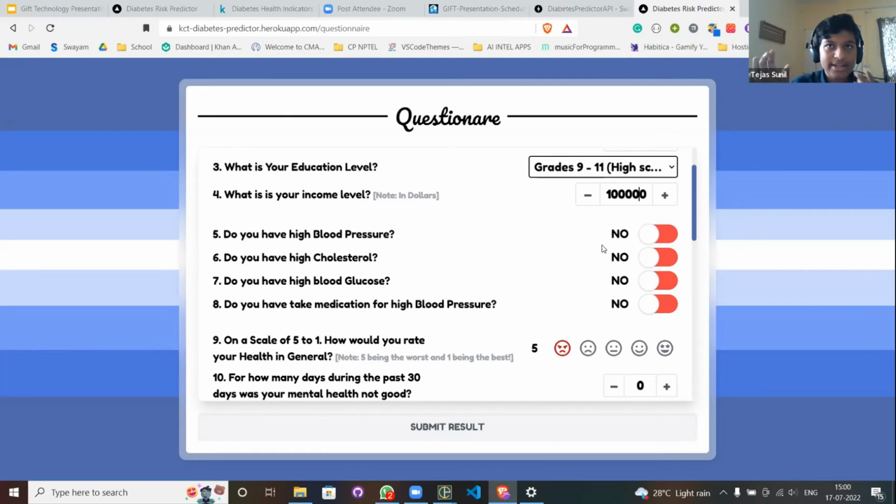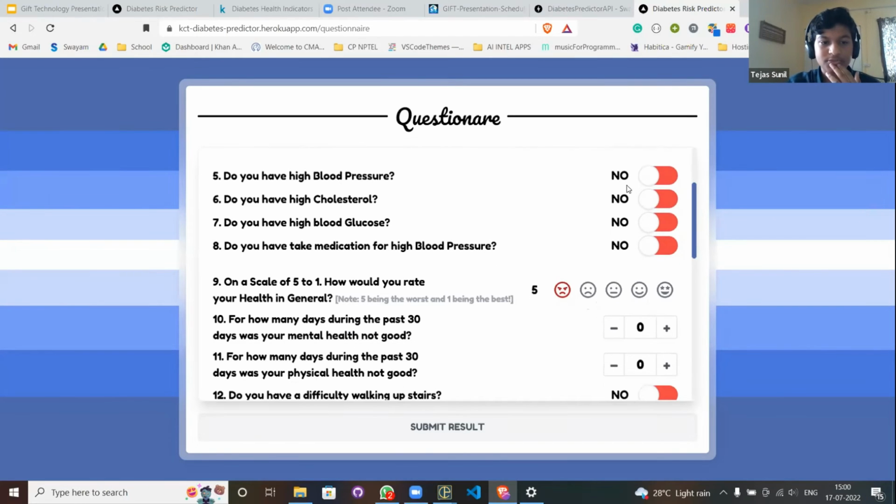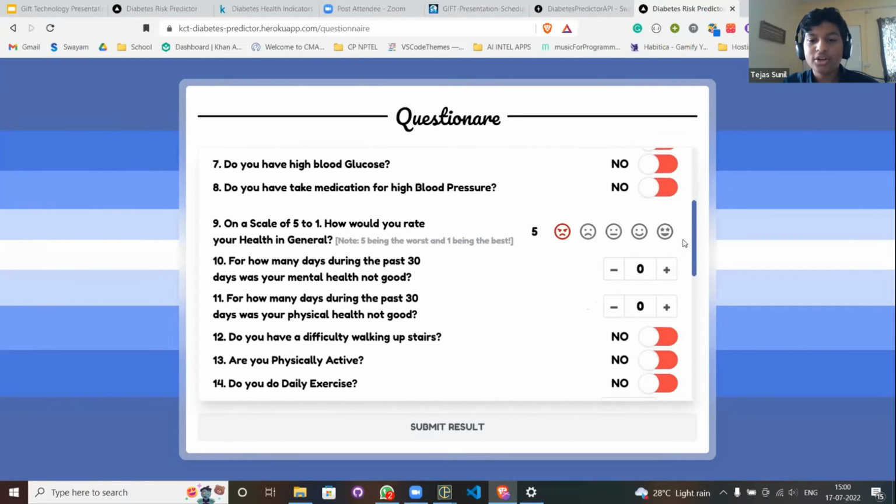You may be wondering why income level, and in all honesty, I'm not entirely sure. But what I've understood from income level is that it's sort of like social class, I'm guessing, but not entirely sure. And don't worry, I'm not saving any of this data, so you don't need to worry about that. But yeah, moving forward, on your scale, I'll put 10, 5.